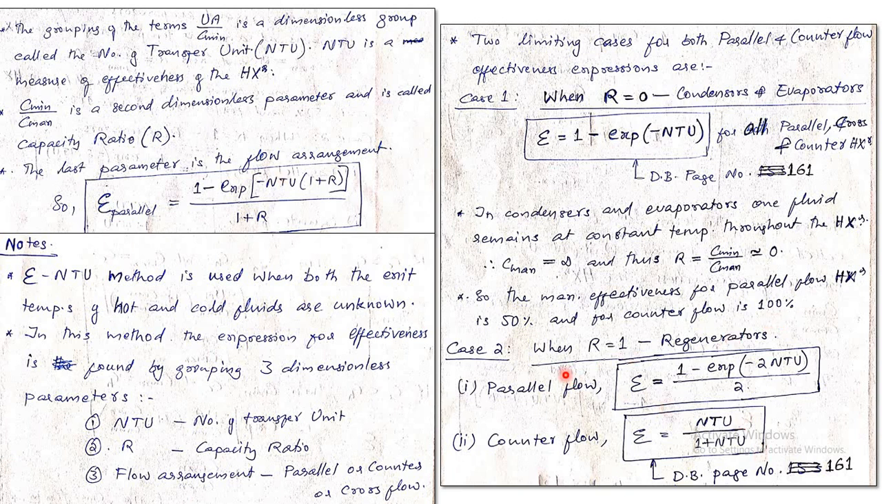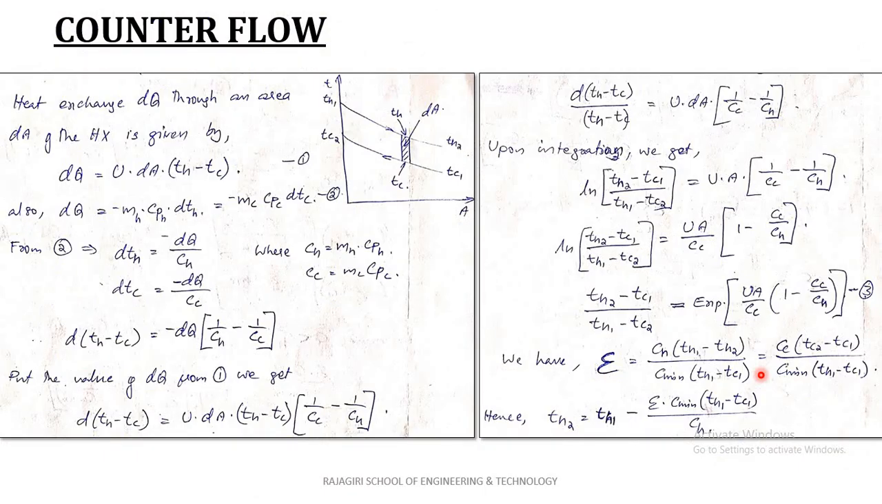Case 2, when R equal to 1, is the case of regenerators. You get the parallel flow expression as effectiveness equal to 1 minus exponential of minus 2 NTU, divided by 2. For counter flow, you get NTU divided by 1 plus NTU. These two equations you can get from the data book, page number 161. Now we will derive the expression for